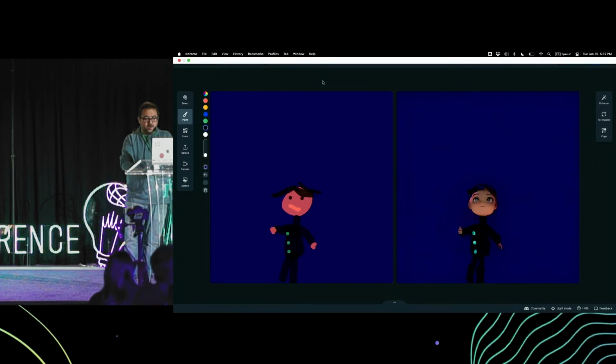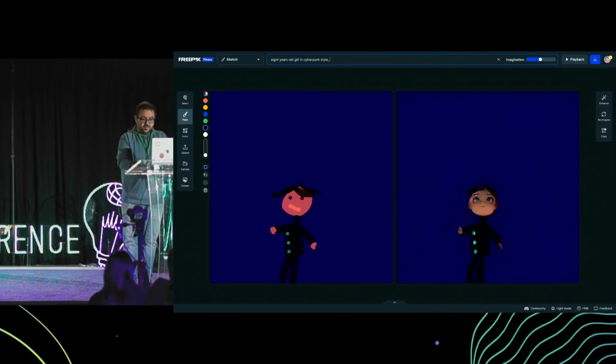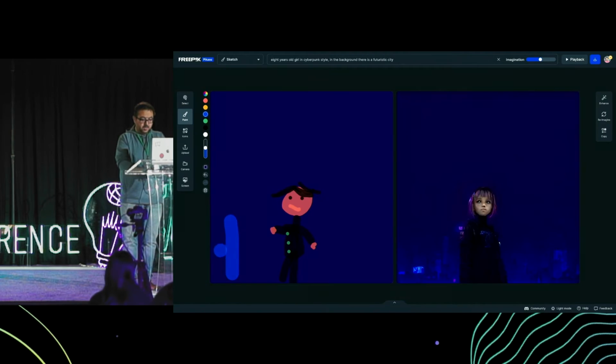Now let's say in the background there is a futuristic city. Then I can help the model a little bit to paint the city, the buildings.